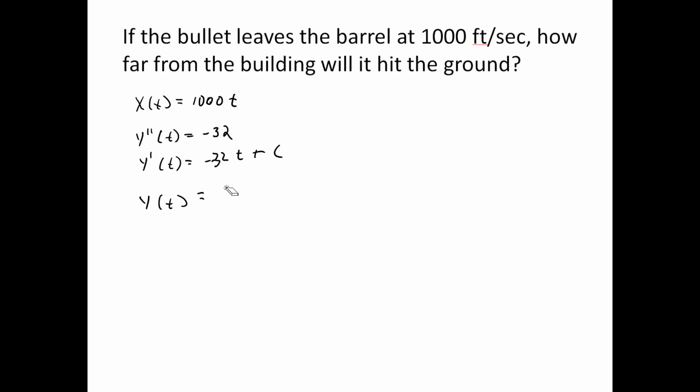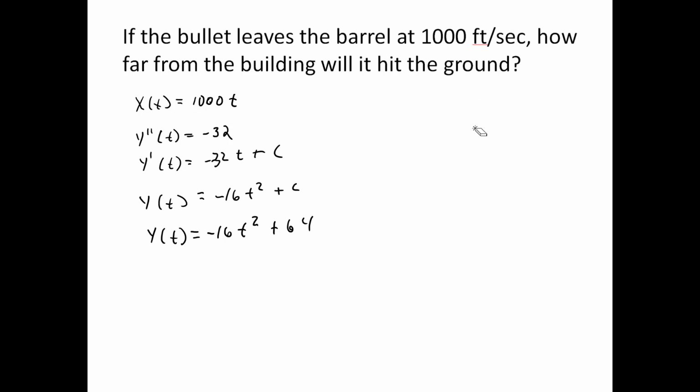We could then integrate that to find the position, which is then negative 16t squared plus some constant, but it was dropped from 64 feet above the ground. So the constant, when time is 0, the height is 64. So how high it is off the ground is negative 16t squared plus 64. And so that formula was a lot easier to find using calculus